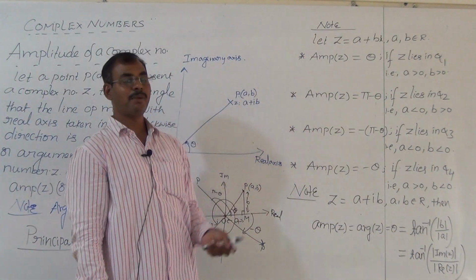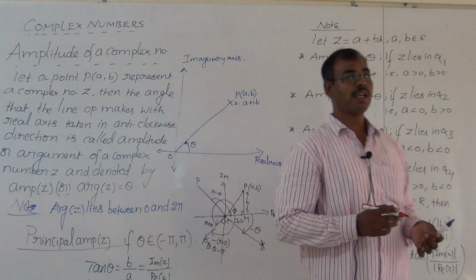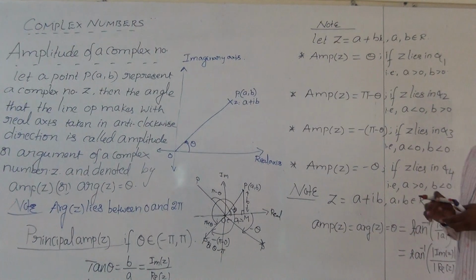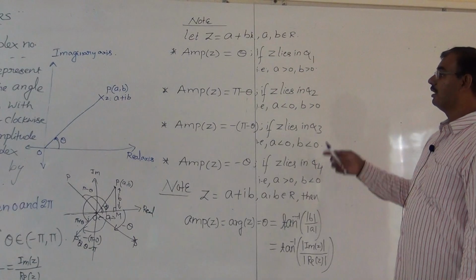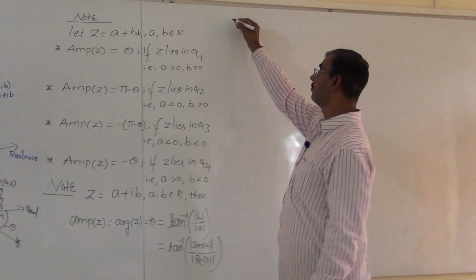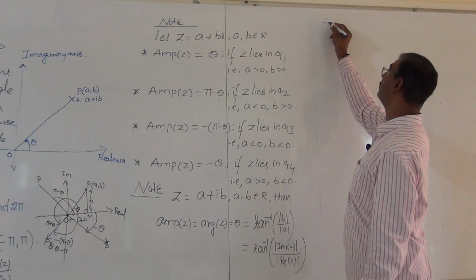To find the actual amplitude, this is only the base. Why? Because the actual amplitude depends on the quadrant. With the help of this, we can solve the questions also. Let us see how to solve the problems one by one. See the problem here. The question is, find the amplitude of